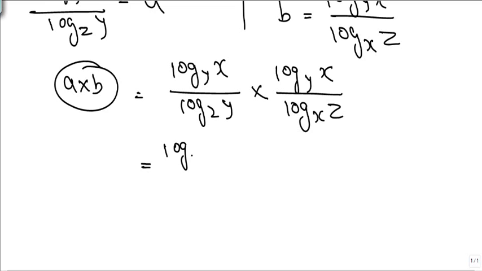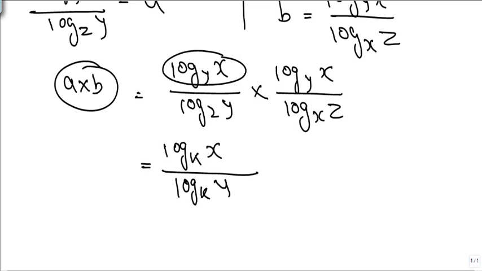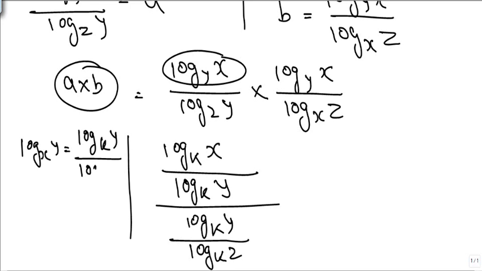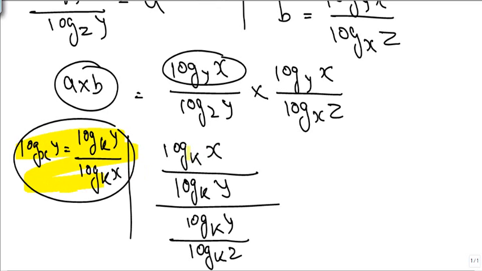Let's say of our choice, a b has come, let's say k constant, log k of x. We are changing the base, bringing everything to the same base k. Now upon this is nothing but going to be equal to what? I'm changing everything to base k. We all know log to the base z, instead of this we put k, so first its value, then the same value to that base. We all know very well what we do. Log to the base x of y runs separately. So what we do is for any other base, log k of y upon log to the base k of x. That's the property. This is the property we are using.